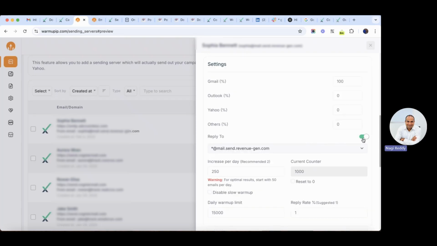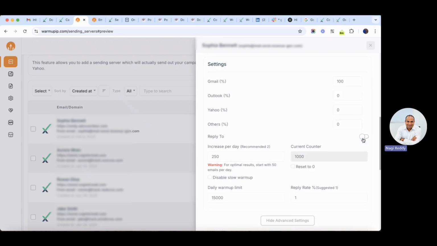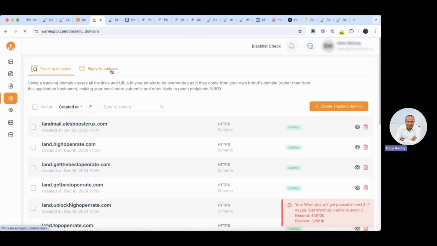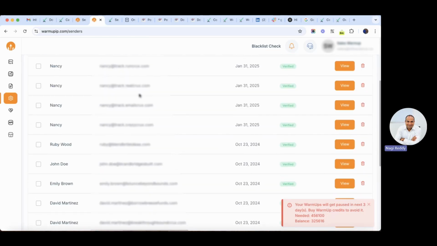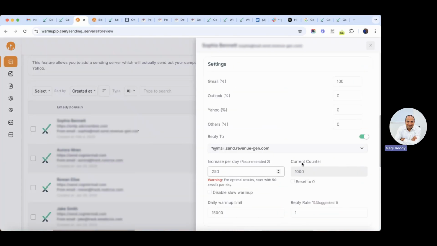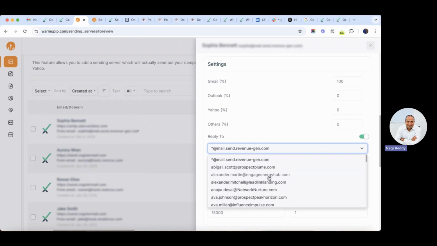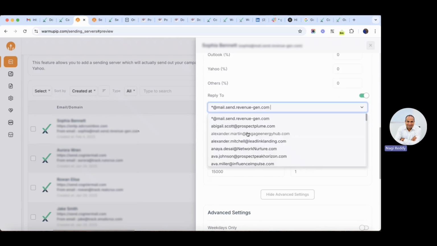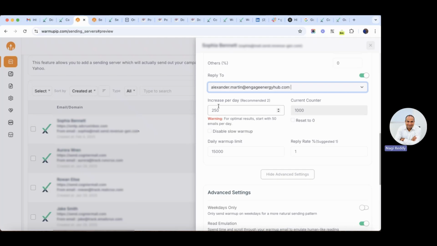And reply to. If you wish to enable reply to, first you have to go to the configurations, and then here you need to go to reply to address. You have to verify reply to addresses. When you verify the reply to addresses, you can see here that we only send you the replies if you have a verified reply to address. Then once you add the reply to address here, something like this,